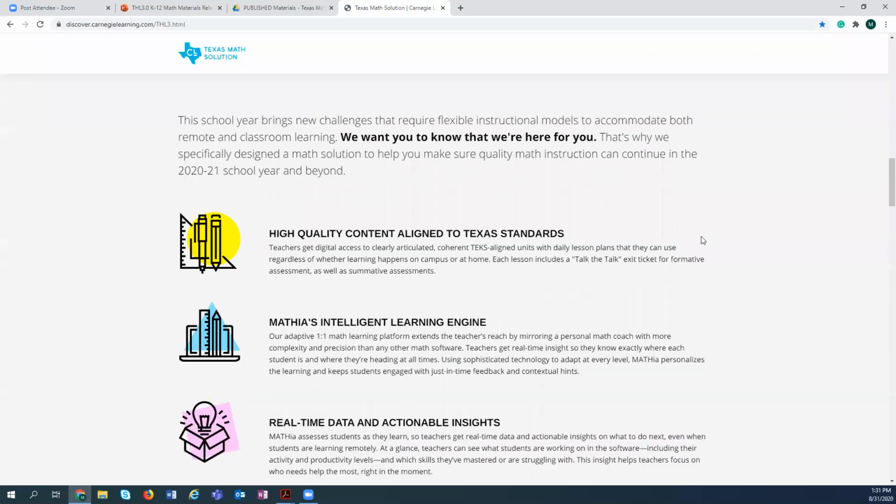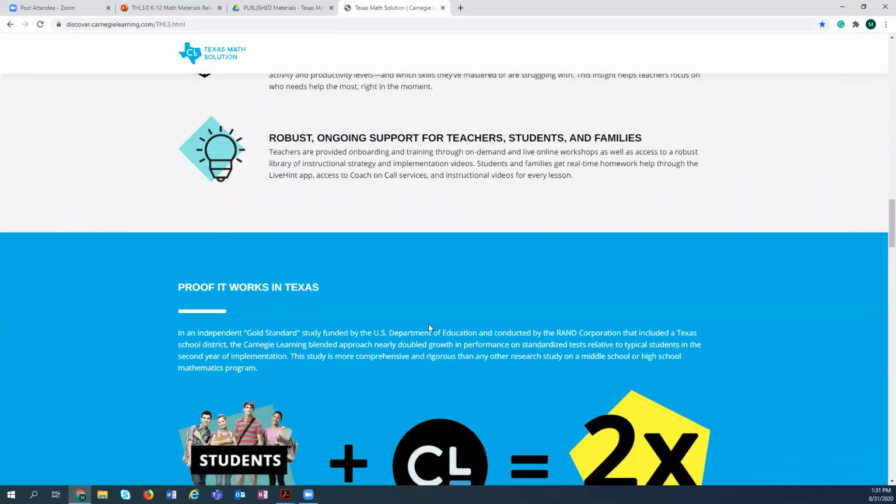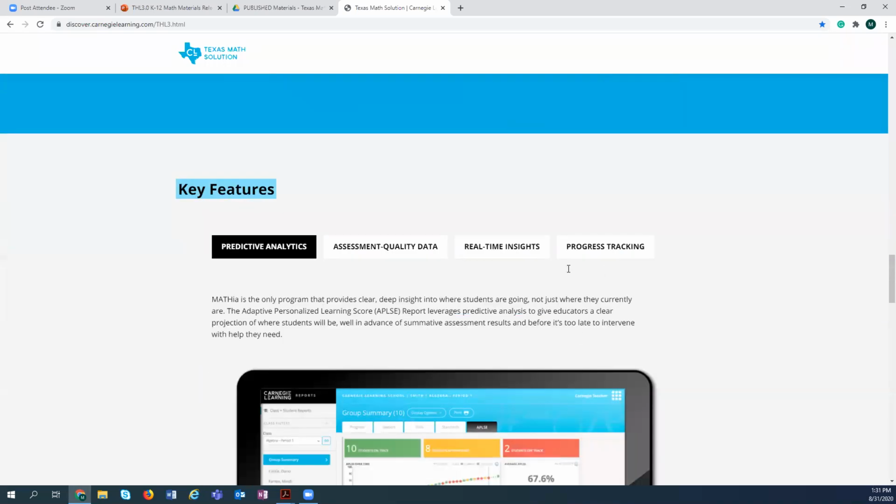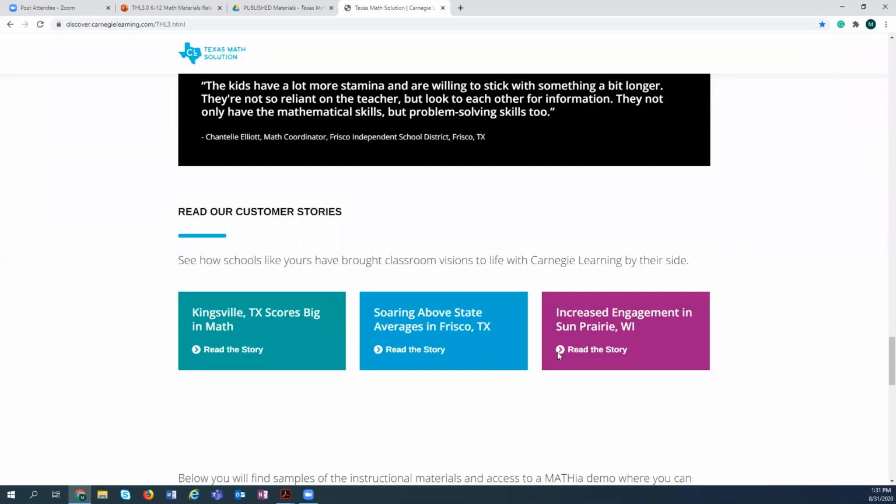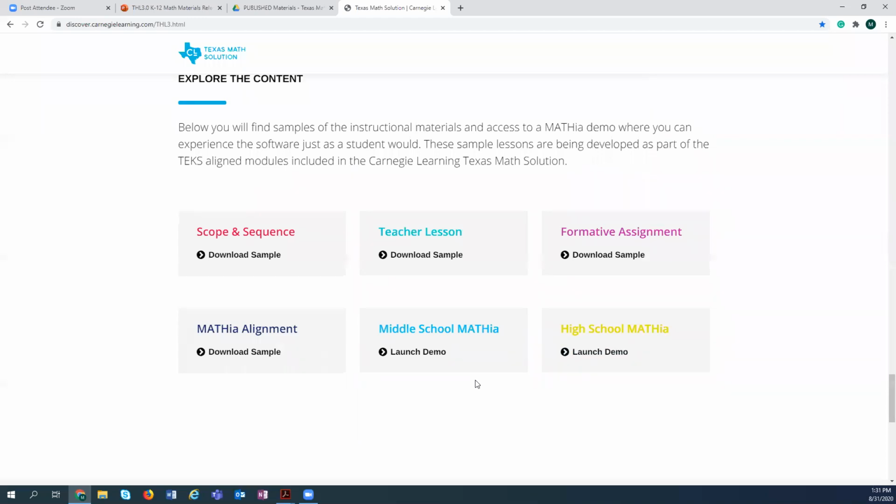And then the digital platform is coming later this week. And then if you scroll all the way down, you're able to get to the MATHia demos for you to be able to use.